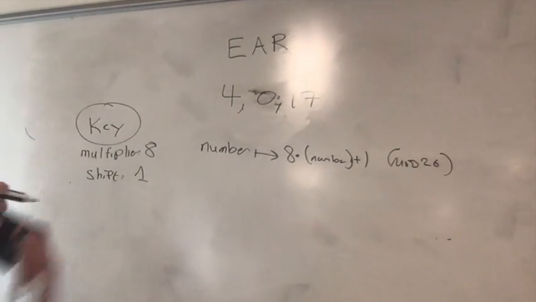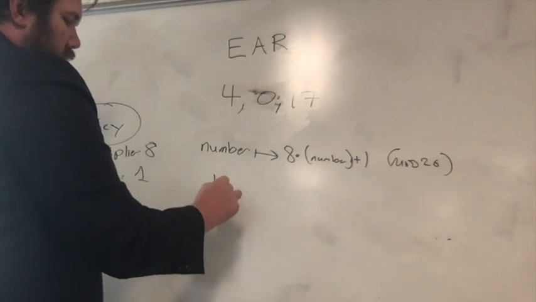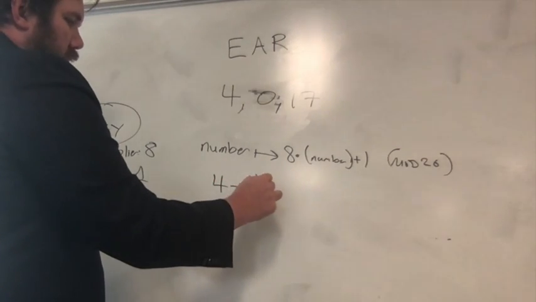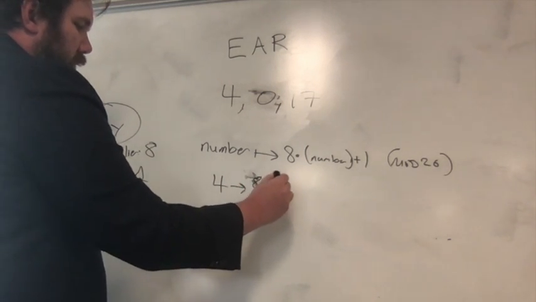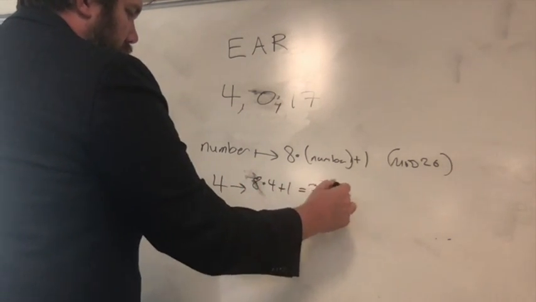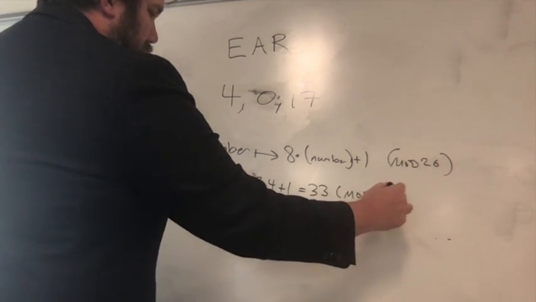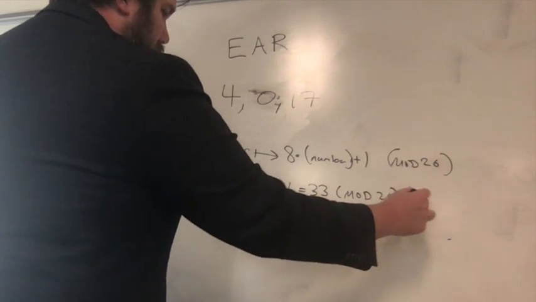So 4 goes to 8 times 4 plus 1, which is 33 mod 26, which is 7, which is